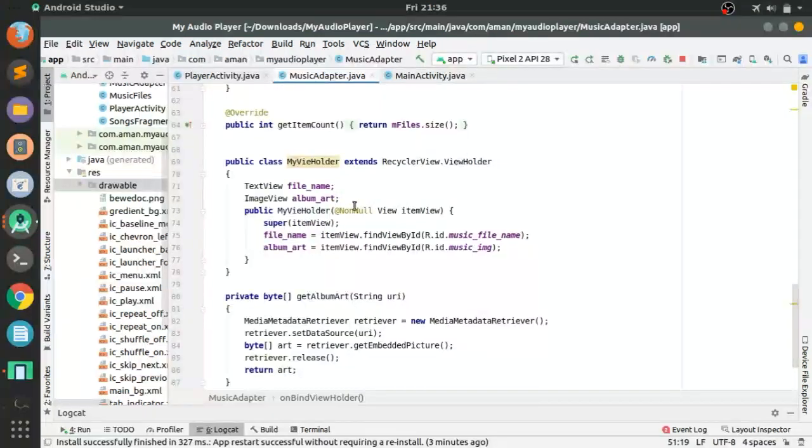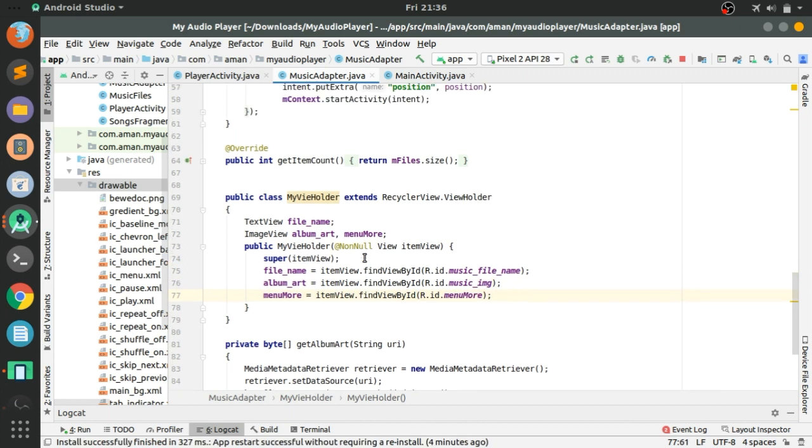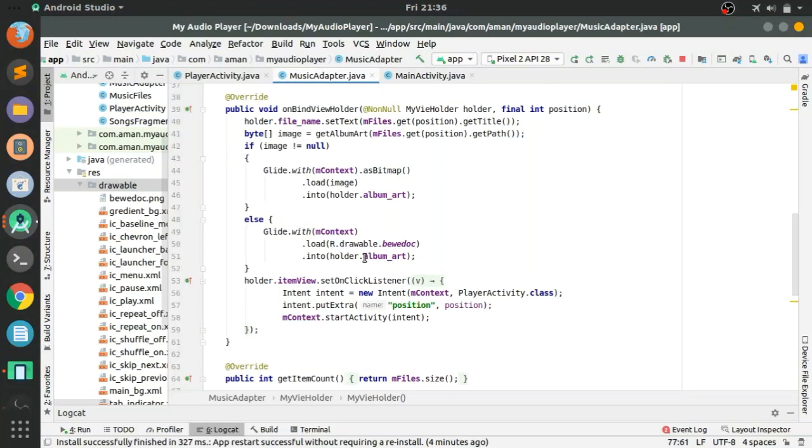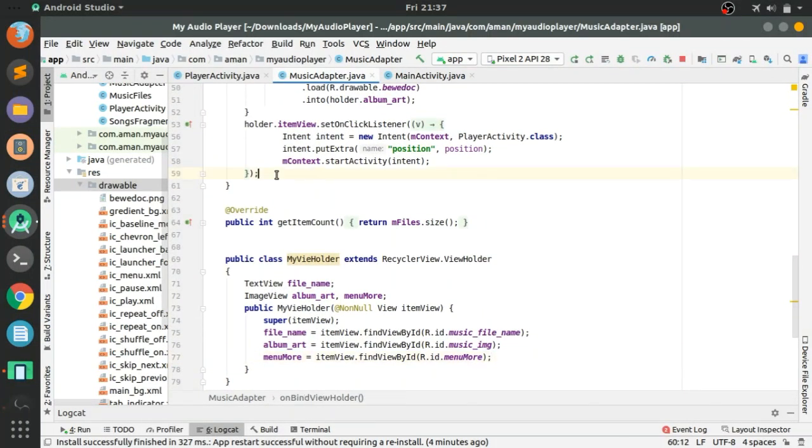Now we have to create one more variable for the image view, that is for the option menu. You can name it menu more, and we have to assign it as item dot find by id R.id dot menu more. And now we have to set an on click listener to this menu more, and go to the on bind view holder, and here